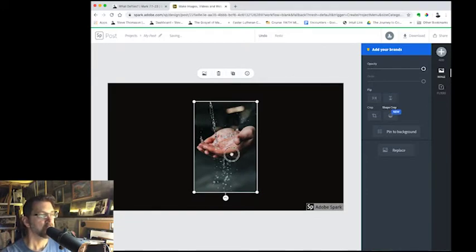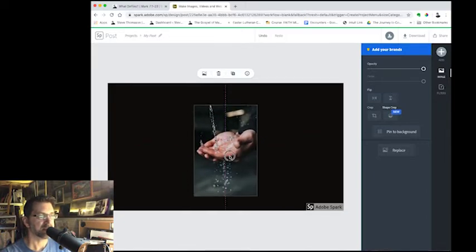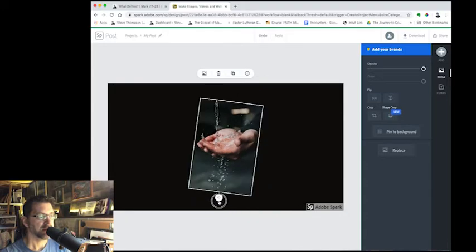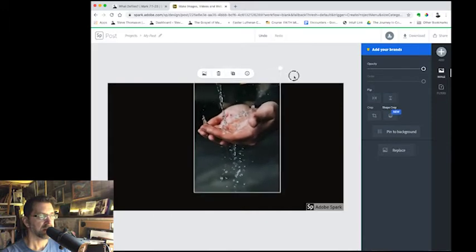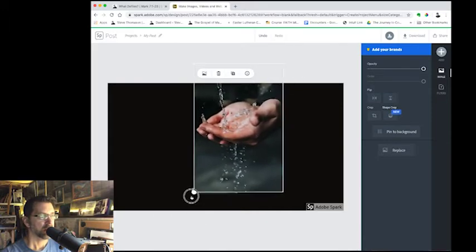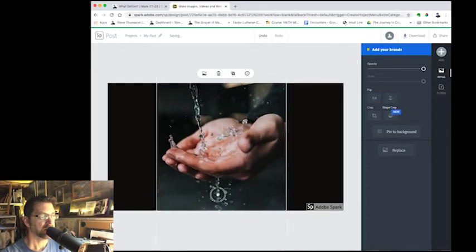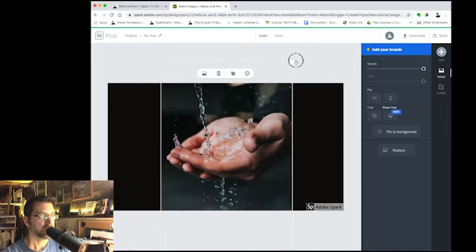So how do I want to do this? I'm clicking and dragging, and you can see that it automatically snaps it into center. And you've got these little handles on the corner. You've also got, you can rotate it if you want to. You can pull it like this, and you can go beyond the boundaries of it so that you can zoom in. That's kind of cool. I might even want to go bigger than that